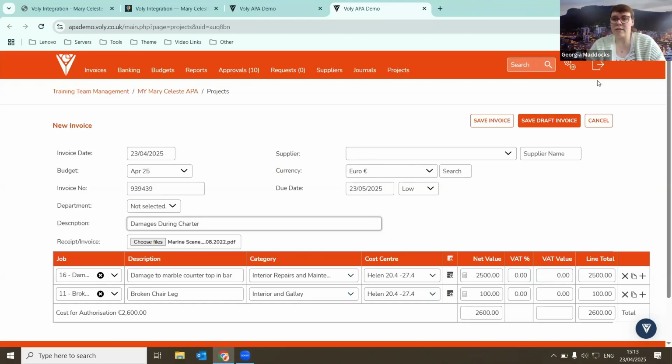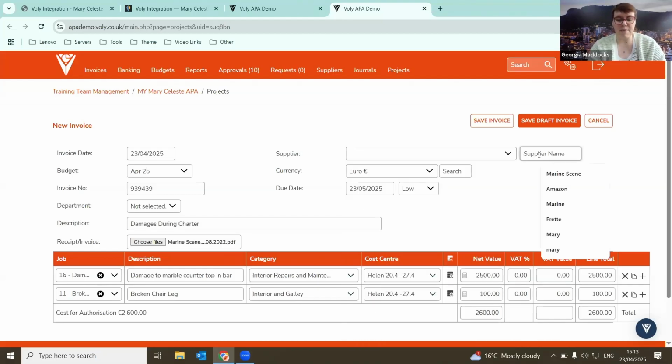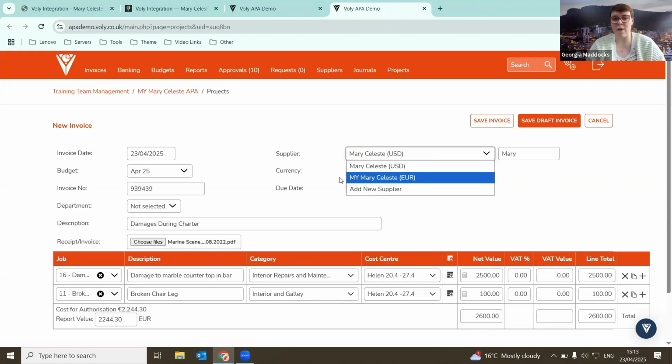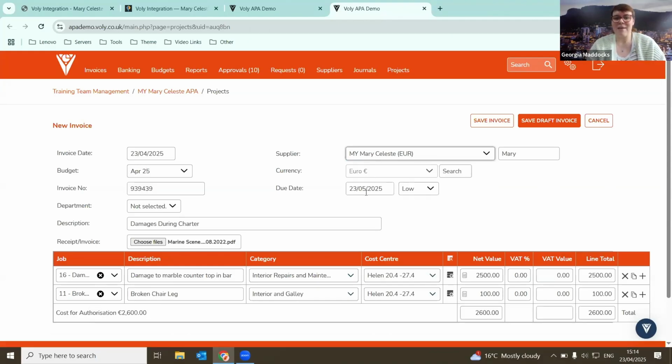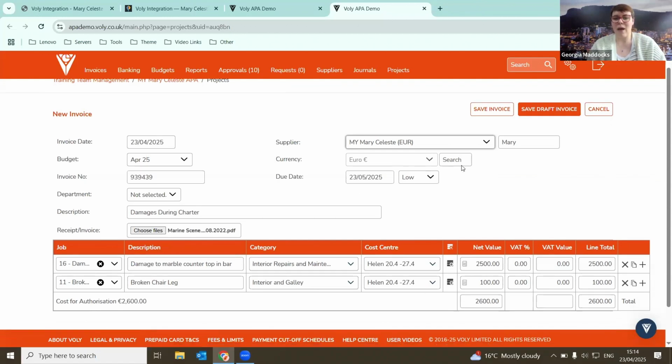Up here then, for our supplier, as always, choosing our operational supplier because we need it to be billed back to the operational account because that's where the repairs, of course, will be paid from. So I've got my trusty operational account there, and then my due date, as always, on that one. I'm not going to input the information in there just because, of course, I'm going to be paying it later on at the end of this charter. So now we have here our running total for our damages. When we click Save Invoice,